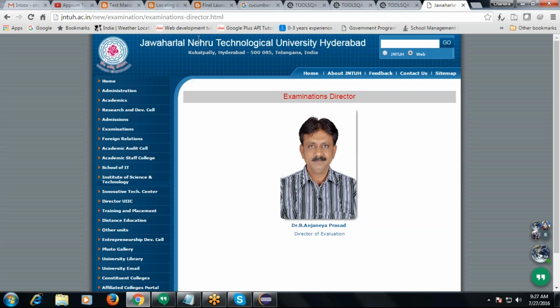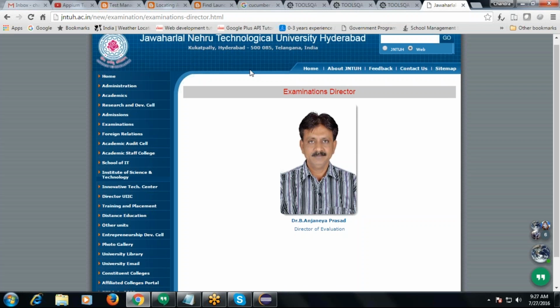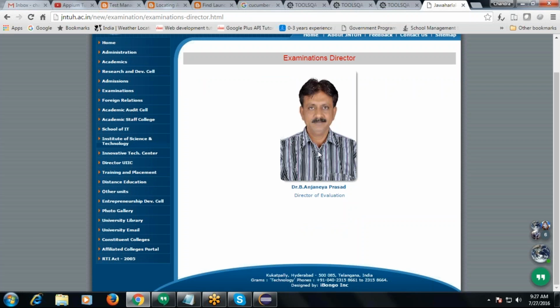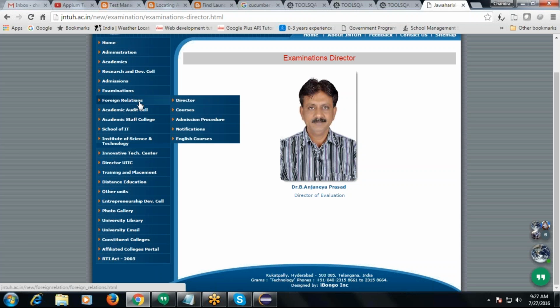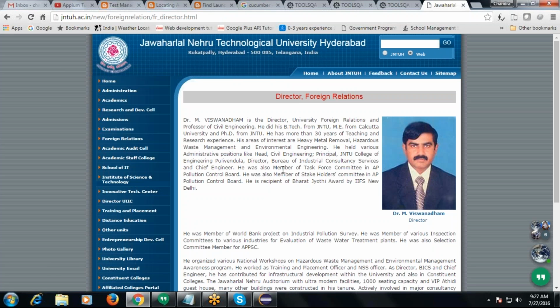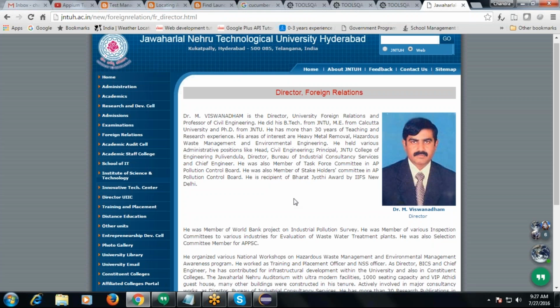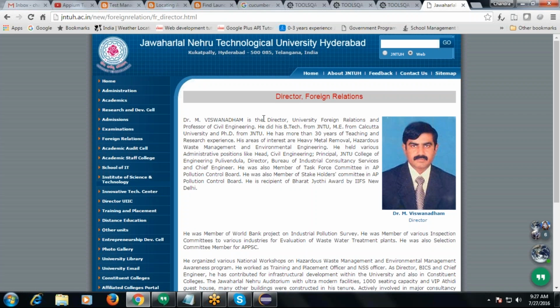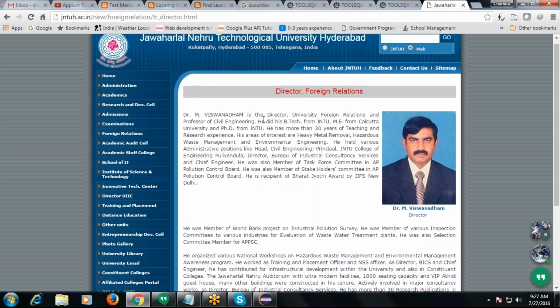Here you see, this is a heading, content, and then footer. If we select foreign relations director, the page is showing, but the header remains unchanged, then content, footer.